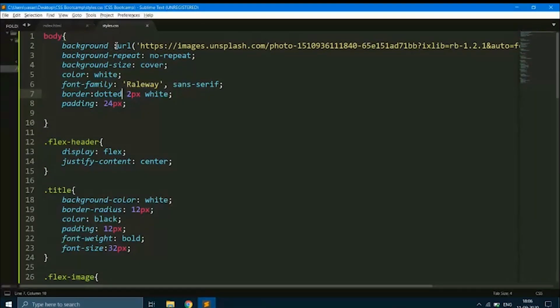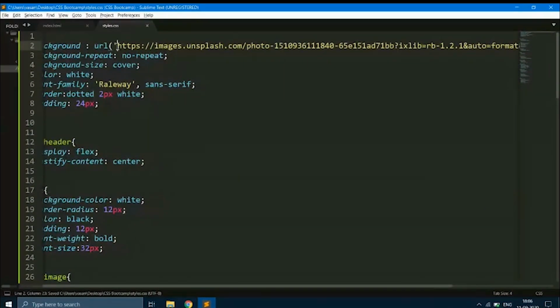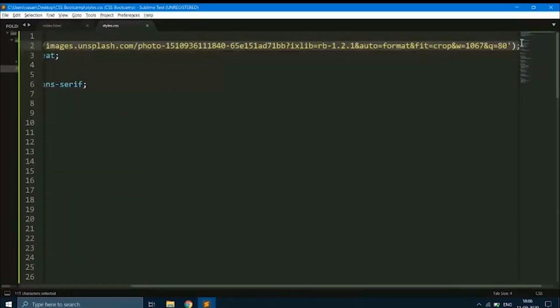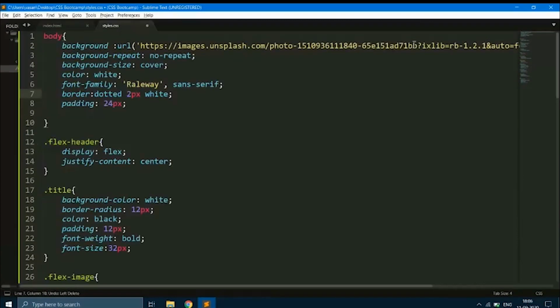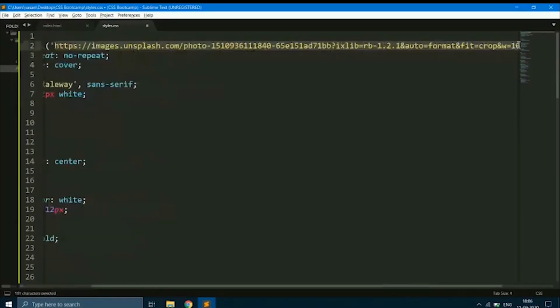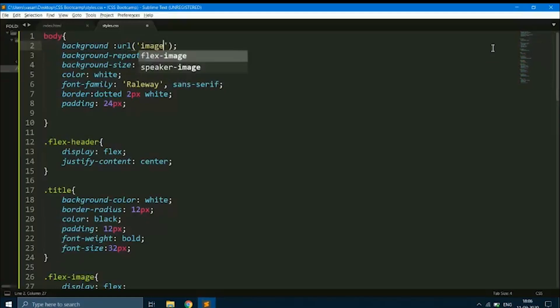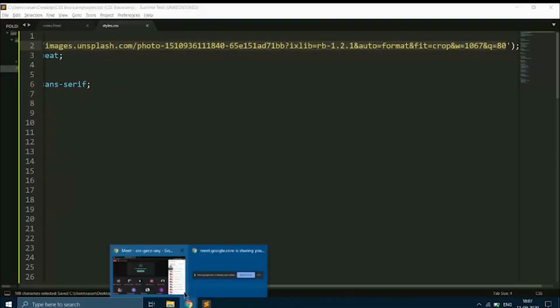Okay, in this we have specified the URL, right? You can remove this, and here you can give the path like we have given in HTML, right? You can say images slash logo.png. So this is how you use your local image. For that also you need to use this URL. URL is common for both, to use your local images and your network images as well. So that's how it works.